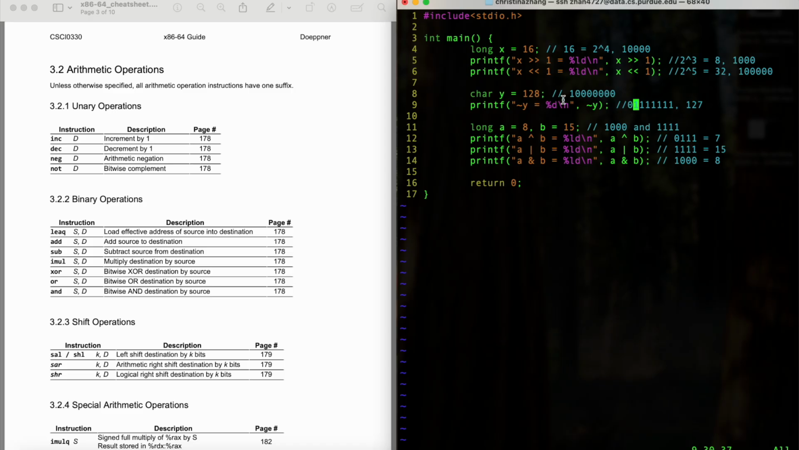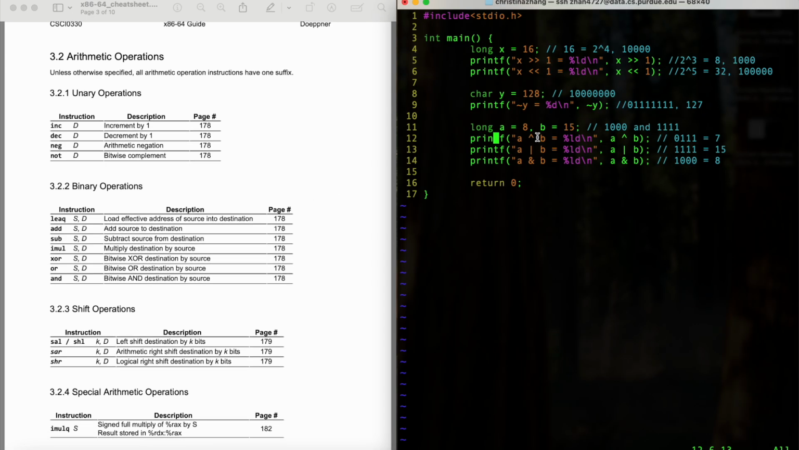So the complement of 128 is this, which is 127. And then these are bitwise exclusive OR, bitwise OR, and bitwise AND, respectively. So the binary representation of 8 and 15 is 1 0 0 0 and 1 1 1 1, respectively. So if we were to evaluate the